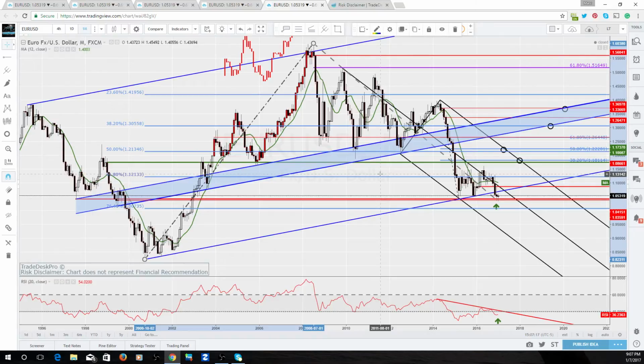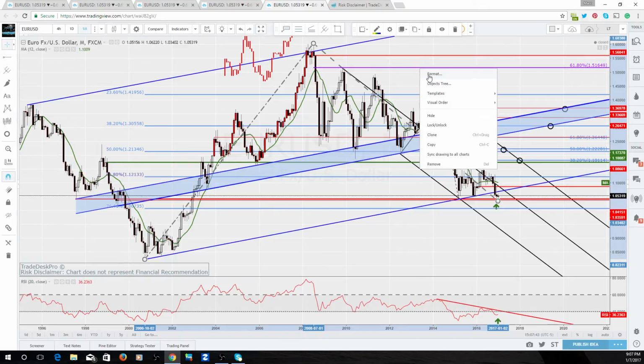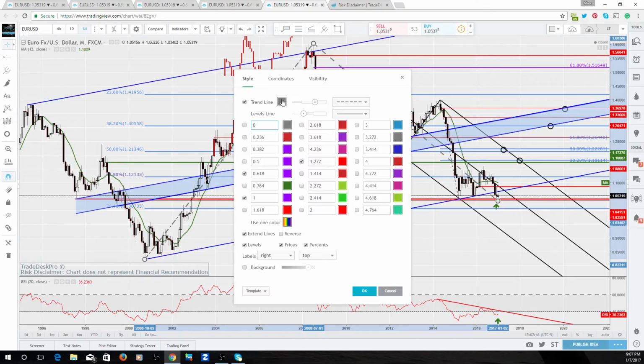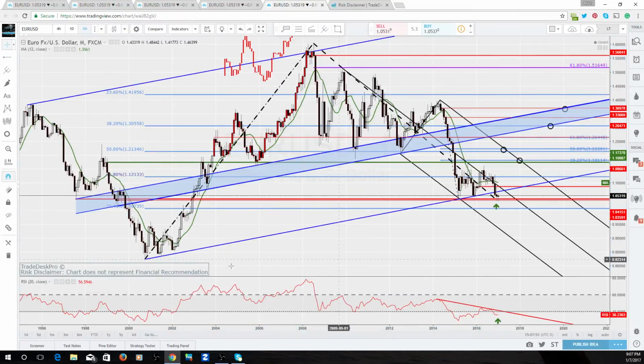What other lines are there? An extension. All right, so if we look at this extension, how shall I? Hang on. Did I mark it down? One second, please. It's always so hard to see. All right, I see. Okay, so this is an extension from the entire move up, the entire move down, and